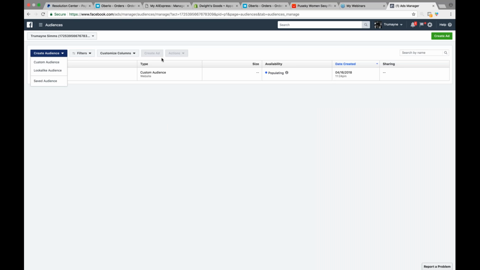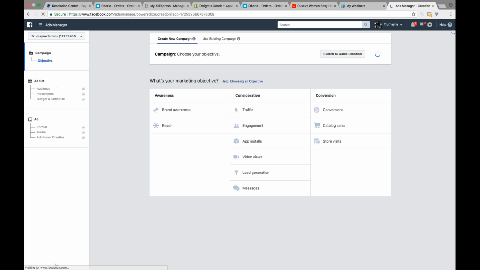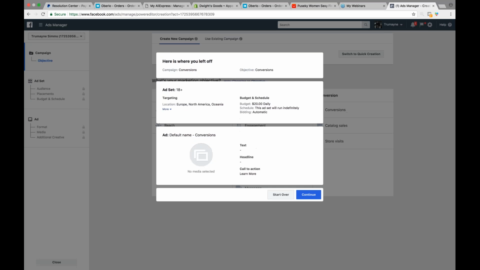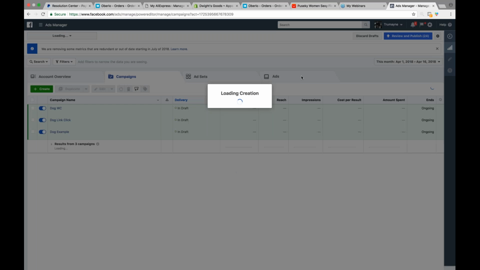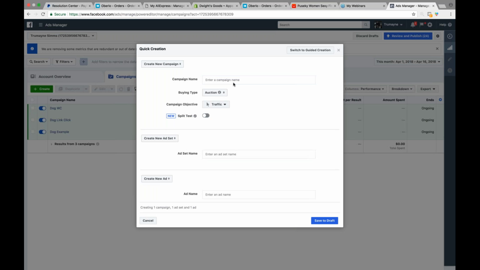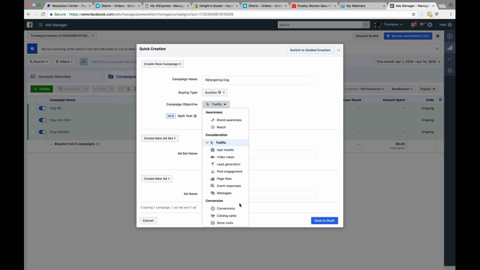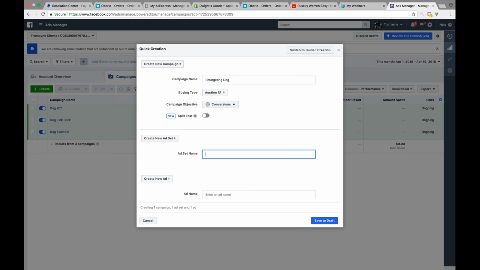All right, so now we'll go ahead and create the ad. So now that custom audience is going to contain everybody that's visited the web page, and then what we want to do is actually exclude the buyers. All right, so I'm gonna switch to quick guide so we can see how it looks still on here. We're gonna name it retargeting ad, or just retargeting, and we'll say retargeting dog actually, so we know which ones it's for. Change it to conversions, retargeting again,